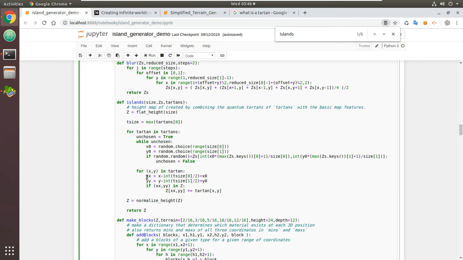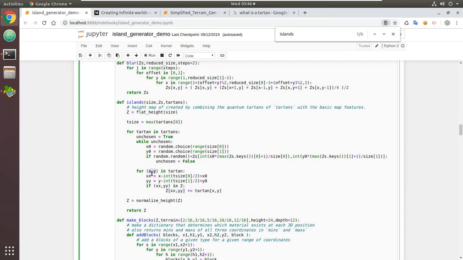I think what this is doing is finding whether that tartan would fit in here, right? Because if you pick a square that is too close to the edge, then the tartan might not fit. I think that's what's happening. And basically, if all this happens, then